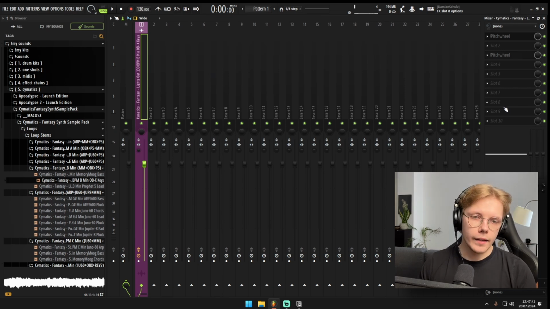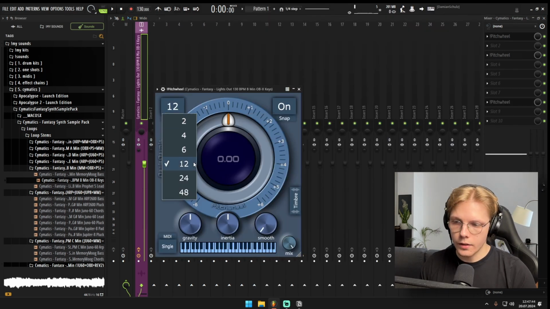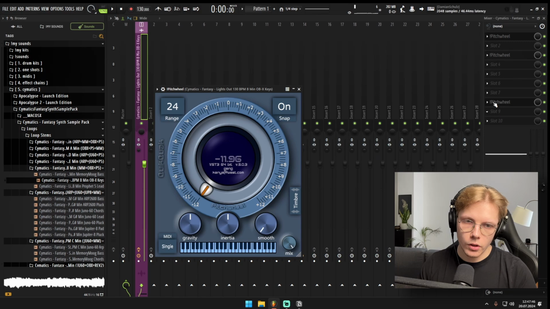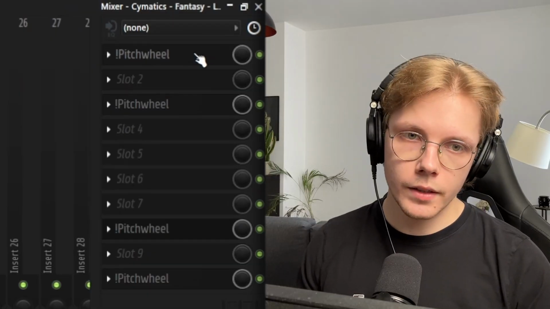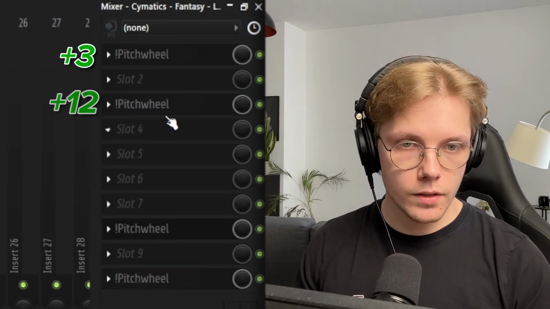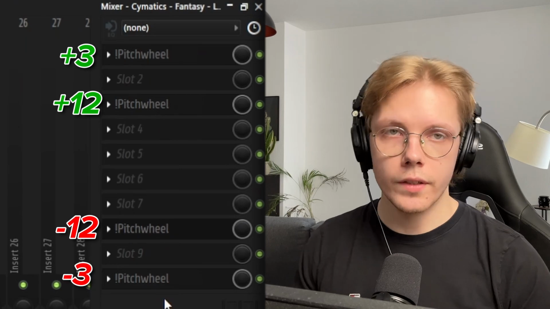And then I add another 2 Pitch Wheels and I do the exact opposite, you know? So I go down an octave and I go down 3 semitones. So effectively, we didn't pitch up our signal at all. It comes in, it goes plus 3 semitones, plus an octave, down an octave, minus 3. So we're back at 0. And because of the pitching algorithms, you get a lot of this watery effect, which can be really nice